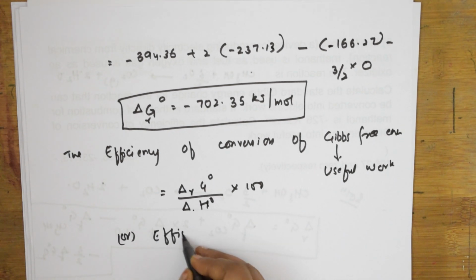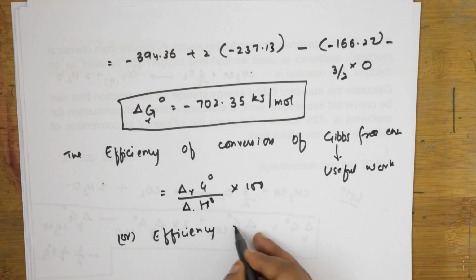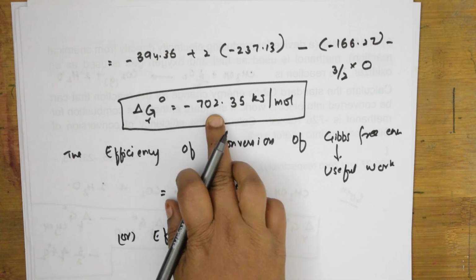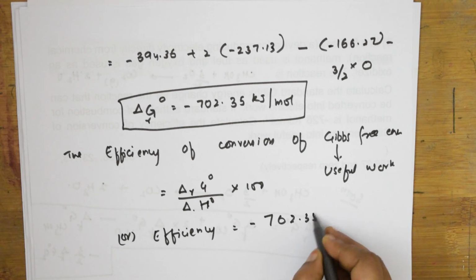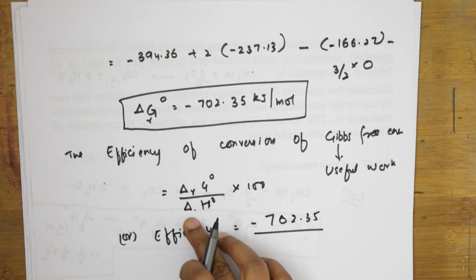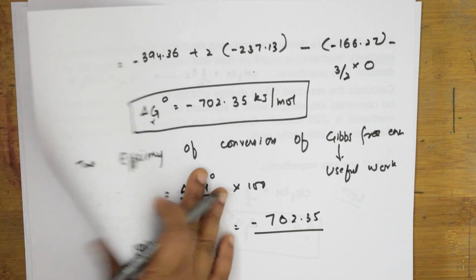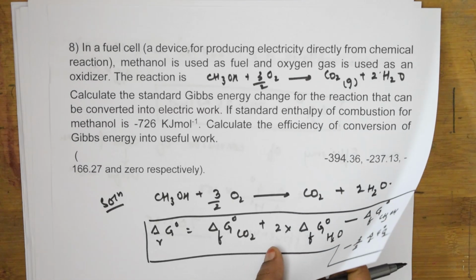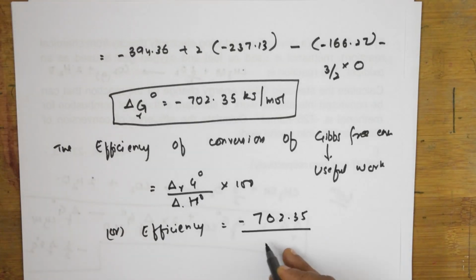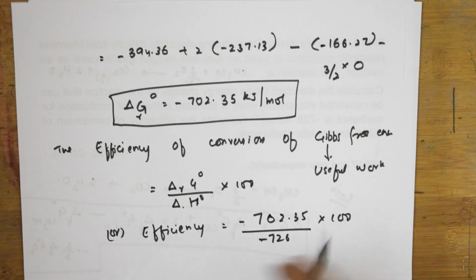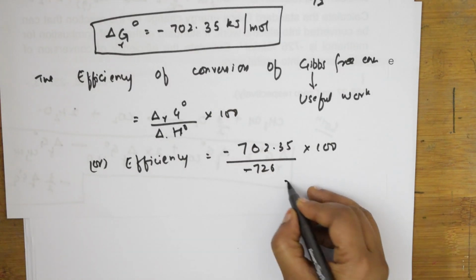How much is efficiency? I got delta G naught as minus 702.35 divided by delta H naught. They've given us the standard enthalpy, minus 726, into 100. When I solve this, I get an answer of